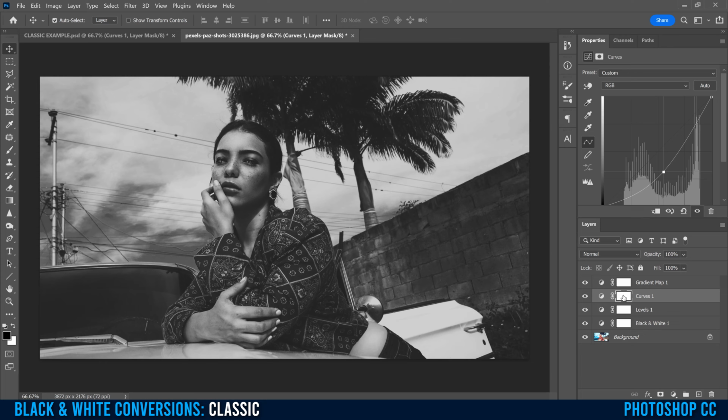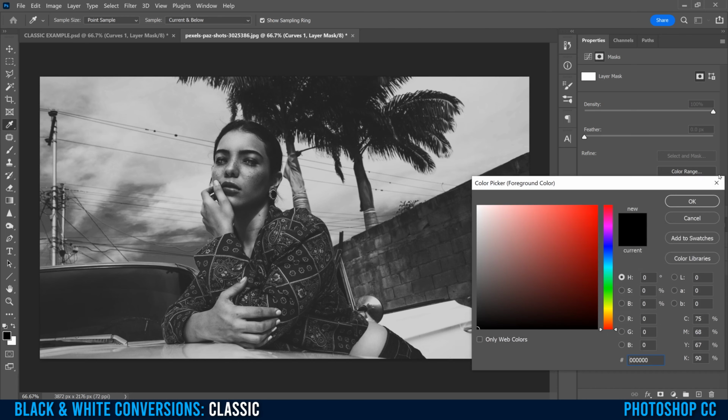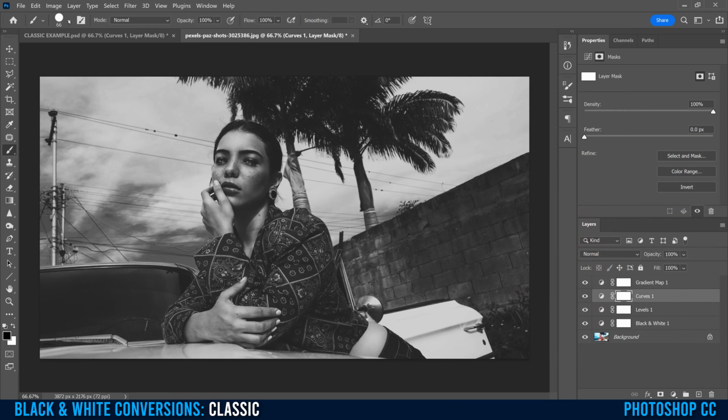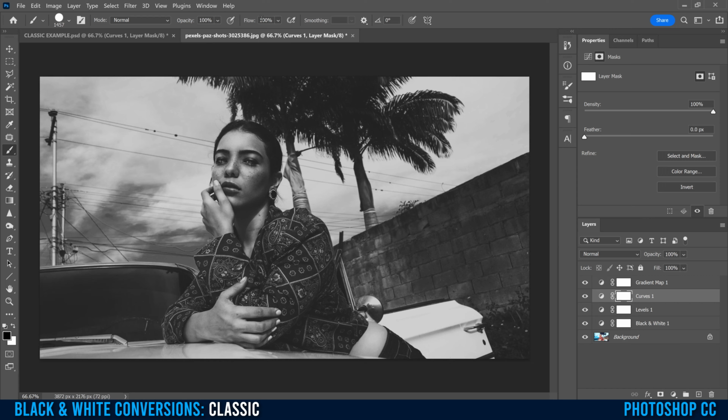And now we're selected on the mask, not on the little icon thing here, actually on the mask. We're going to get our brush, make sure we have black in the foreground here. If you don't see it, click and slide to black, click OK. And then adjust your size to be fairly big so it's larger than your subject. So that's probably too big. Maybe for me, something around that, like that. And then make sure the hardness is at 100, opacity and flow are at 100, and then just click to